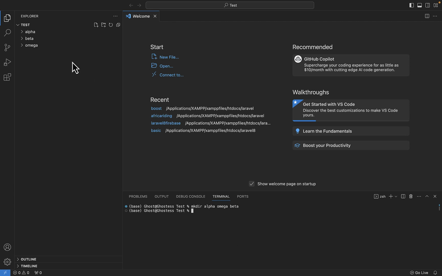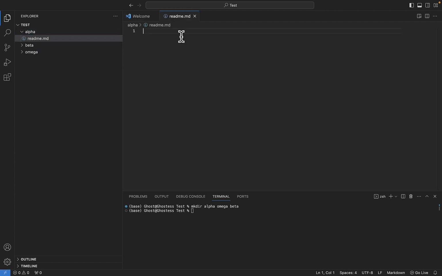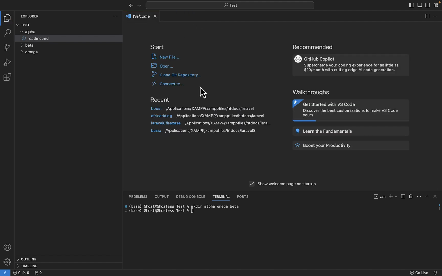And then after that, in the alpha folder, I'm going to select here and create a new file, and it's going to be something like readme.md. This is a markdown type of file, and then I'm going to say this is alpha. That's it, and then I save. So that's how you're able to create files using the GUI interface here on Visual Studio Code,